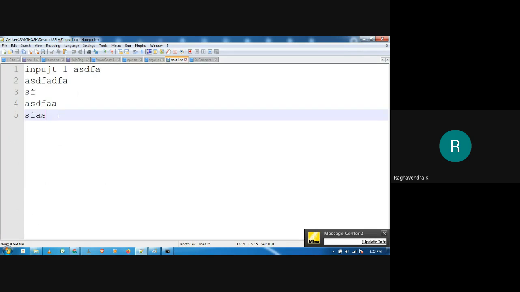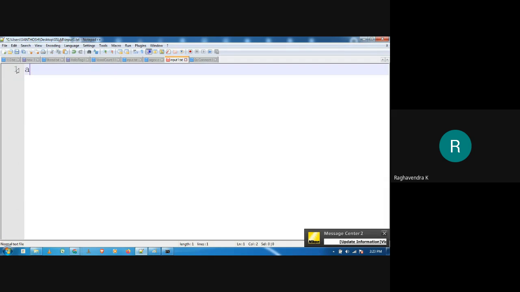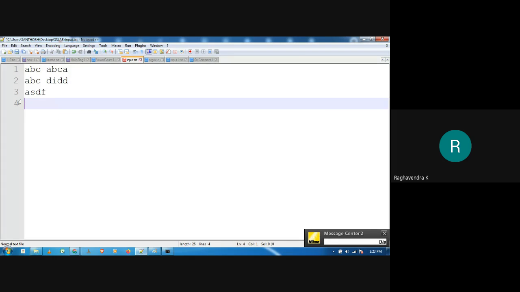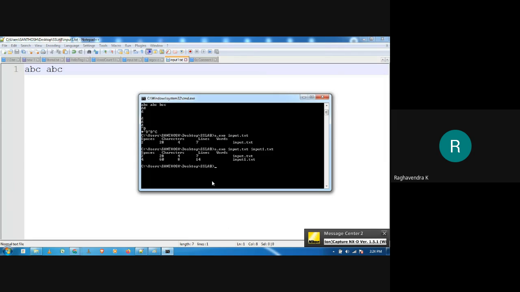So input one.txt. Okay, I'll just add ABC. I think this much is sufficient. Okay, what is input one.txt? In input one I will also delete few content so that I can show you this. Right, so this is input. How many words are there? 1, 2, 3, 4, 5. In input one.txt, I have got 2. Right, so let me run our program again. See what it is showing now.